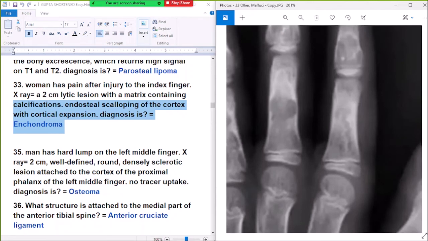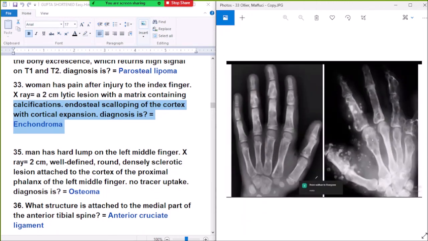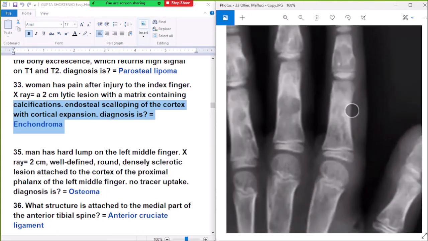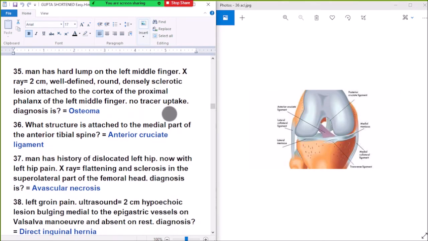X-ray shows a lucent lesion with a matrix containing calcification and endosteal scalloping of the cortex. The endosteal scalloping of the cortex is seen with cortical expansion, diagnosis enchondroma. Question 35. Man has